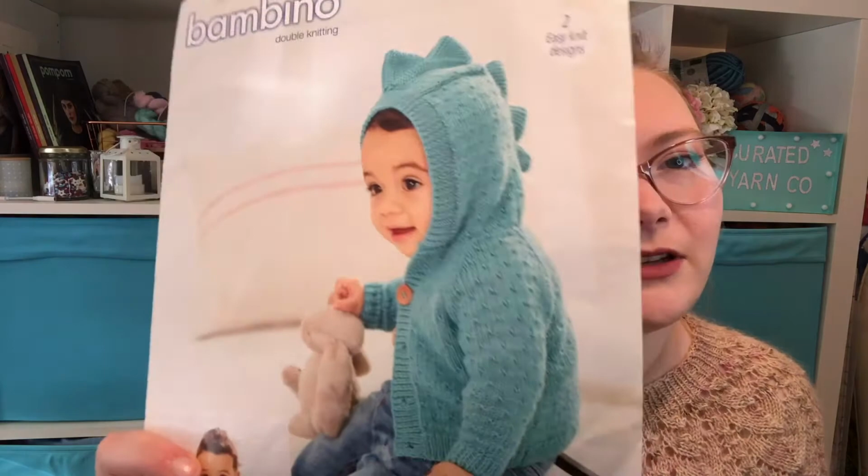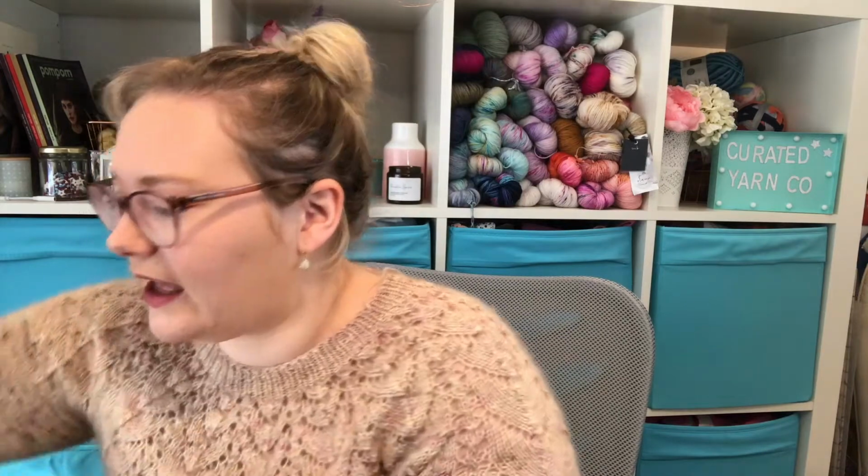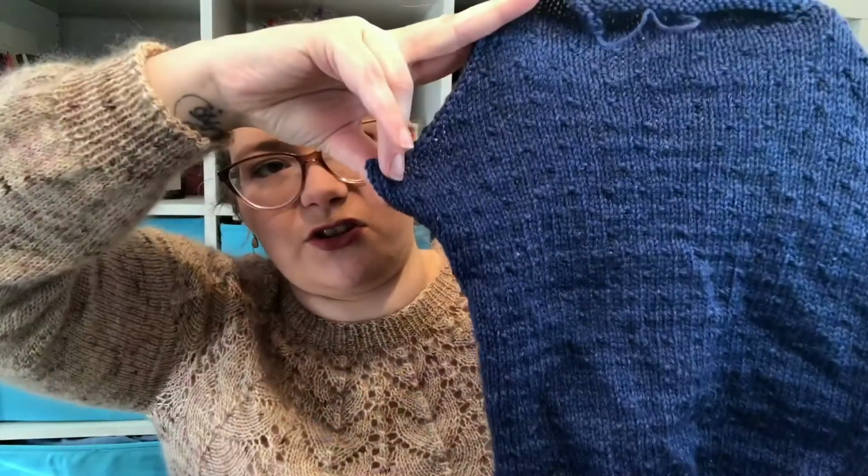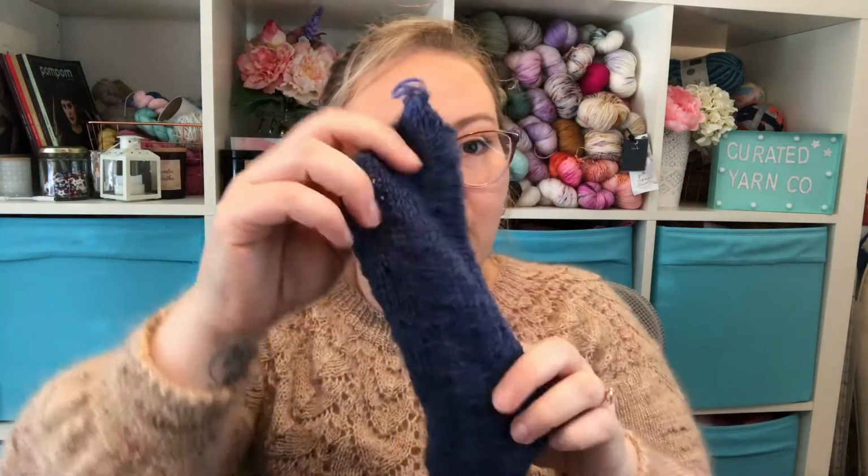Oh. So yes, this is the little cardigan. It's knit in pieces, so it doesn't look like a lot of work. And actually it hasn't been that much work. But I have the back. It's in this lovely navy. This is Sirdar Snuggly DK. So that is the back. It's a raglan construction for the cardigan. So I have a back, I have a left front, I have a right front,